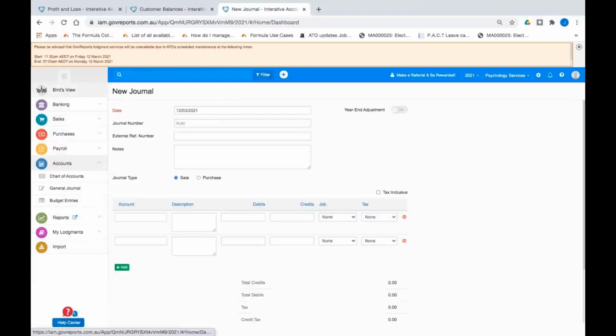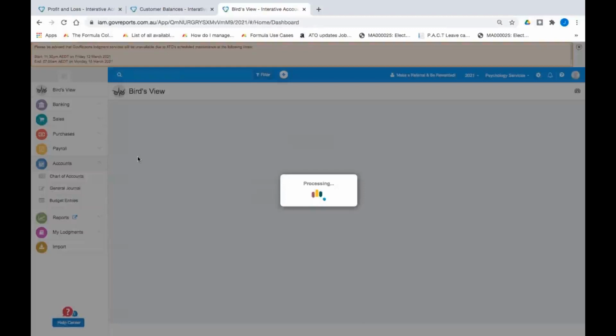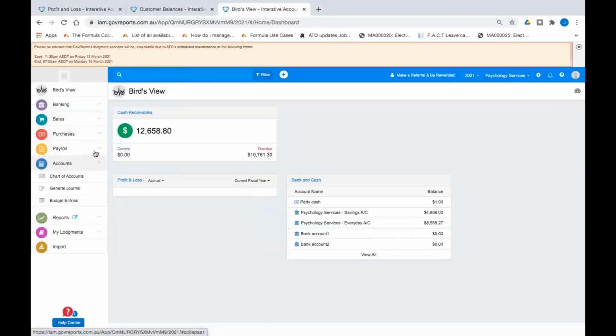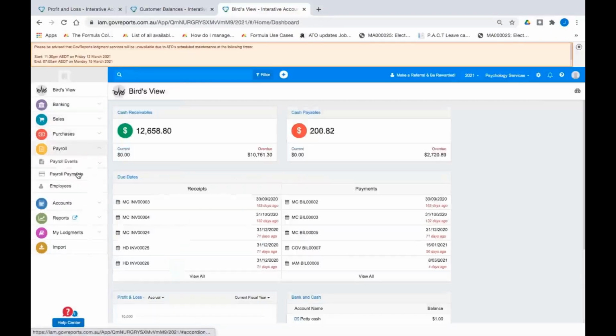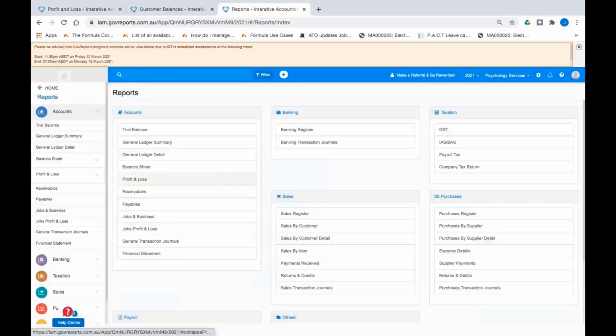So if we just jump back into our Allied Health Service file, and just to produce the financial statements, it's just a fairly simple process again. So we'll just click on this pop out and look at the dashboard. So you go under accounts and you select financial statement,